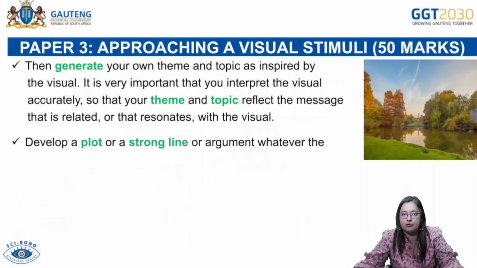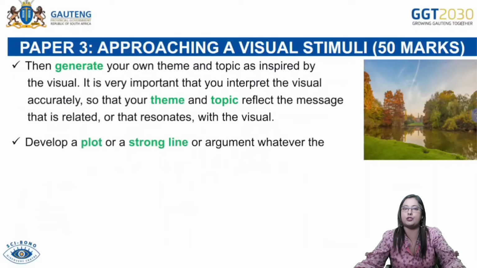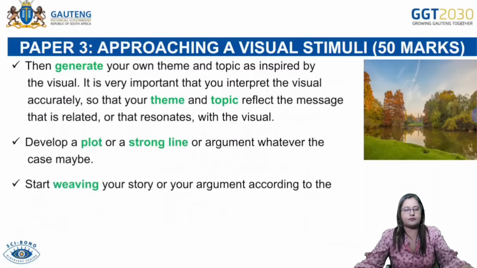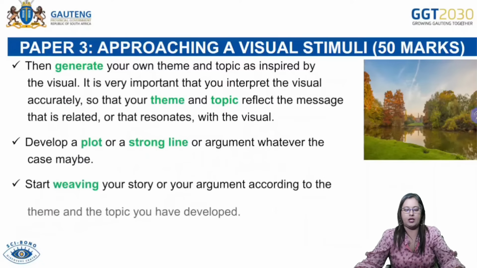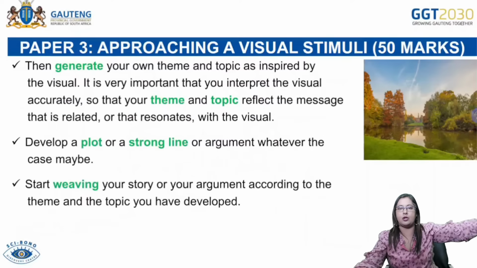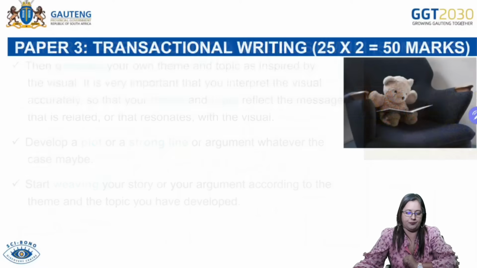All right. A strong plot must come through. A strong line of argument, for example, must come through if you're choosing to go either the argumentative way of writing or the narrative or reflective way of writing. So there you would know what you need to do with those types of essays and make sure that you are doing that. All right. Please then remember to weave certain ideas throughout your essay. Don't let it just be mentioning one particular idea and then a totally different idea, which is not linked to the first idea, is mentioned. Make sure there's a logical flow. All right.